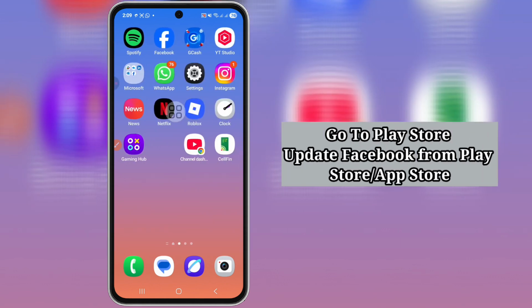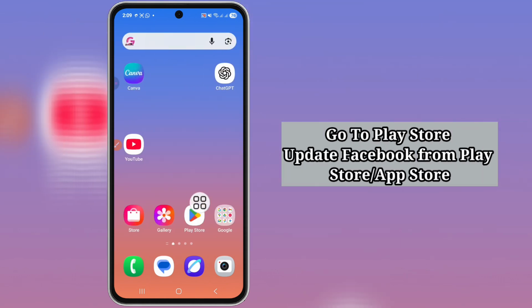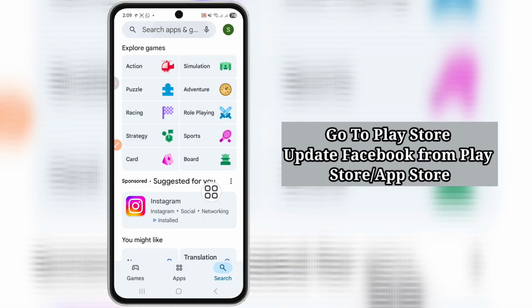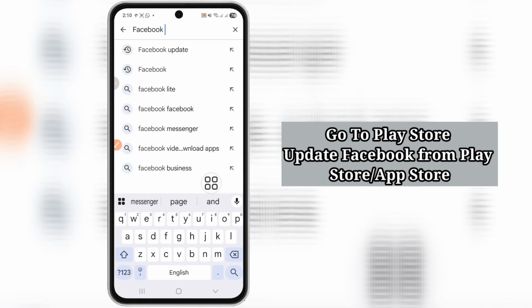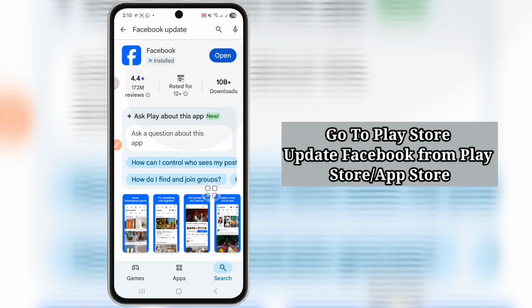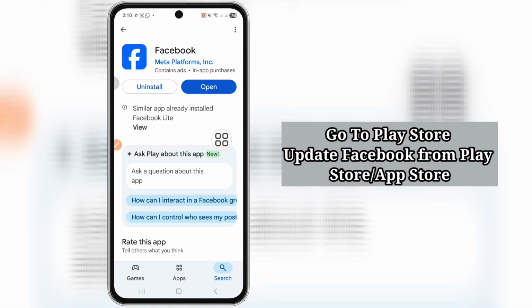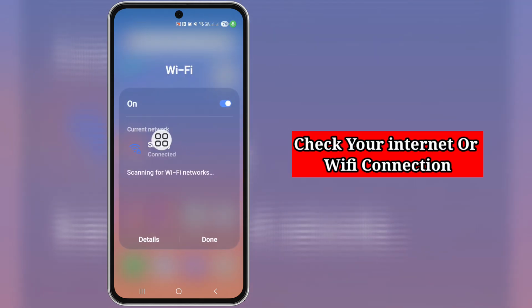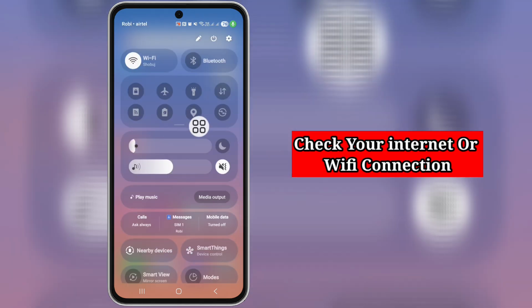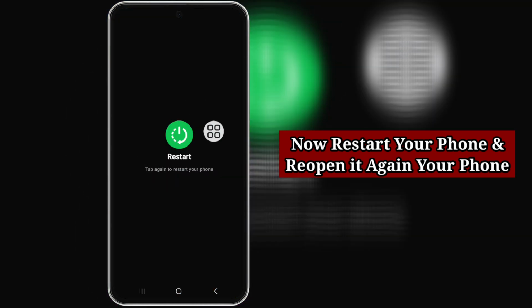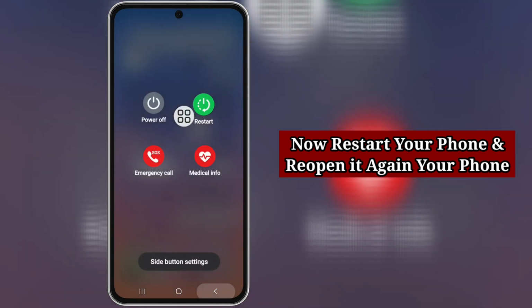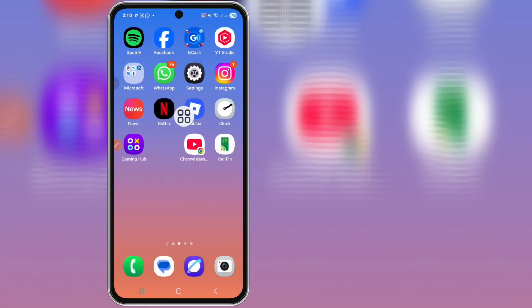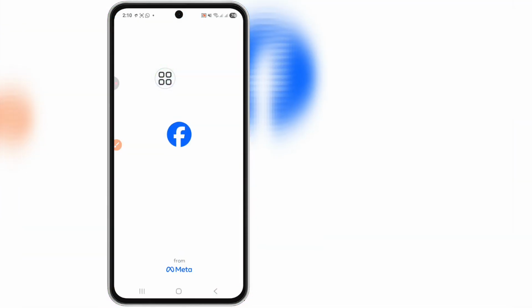and go to Play Store and search for Facebook and check updated Facebook. My Facebook app already updated. And now check your internet Wi-Fi connection. My Wi-Fi already connected. And now restart your phone and reopen it again your phone. Okay, go back and open your Facebook